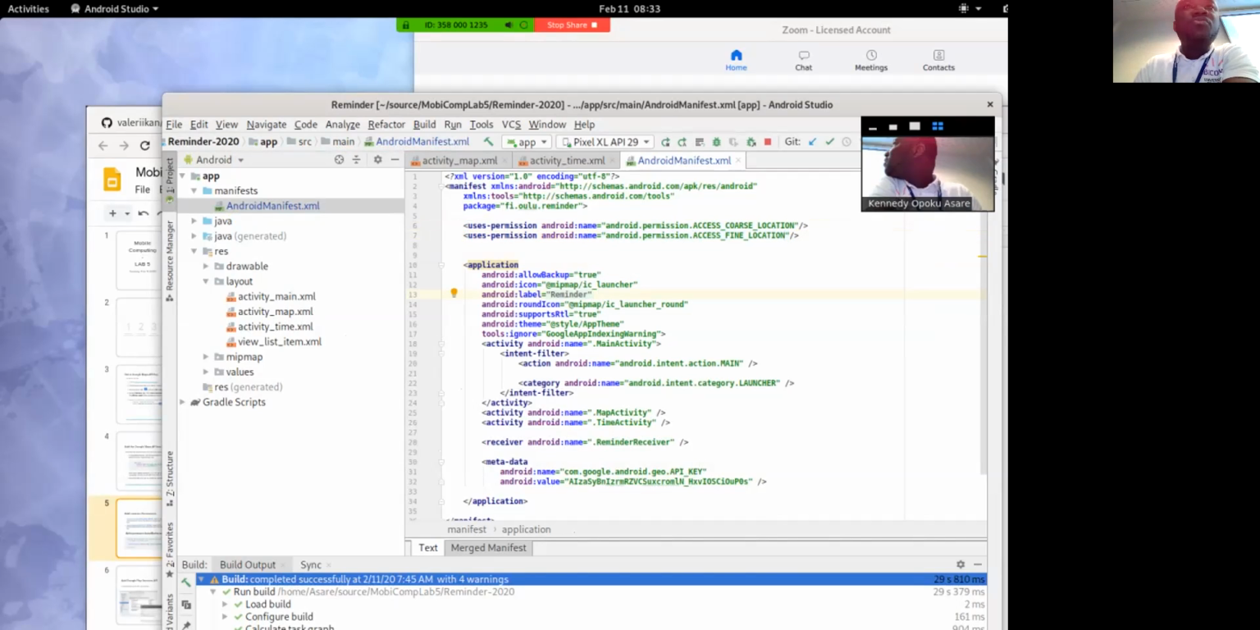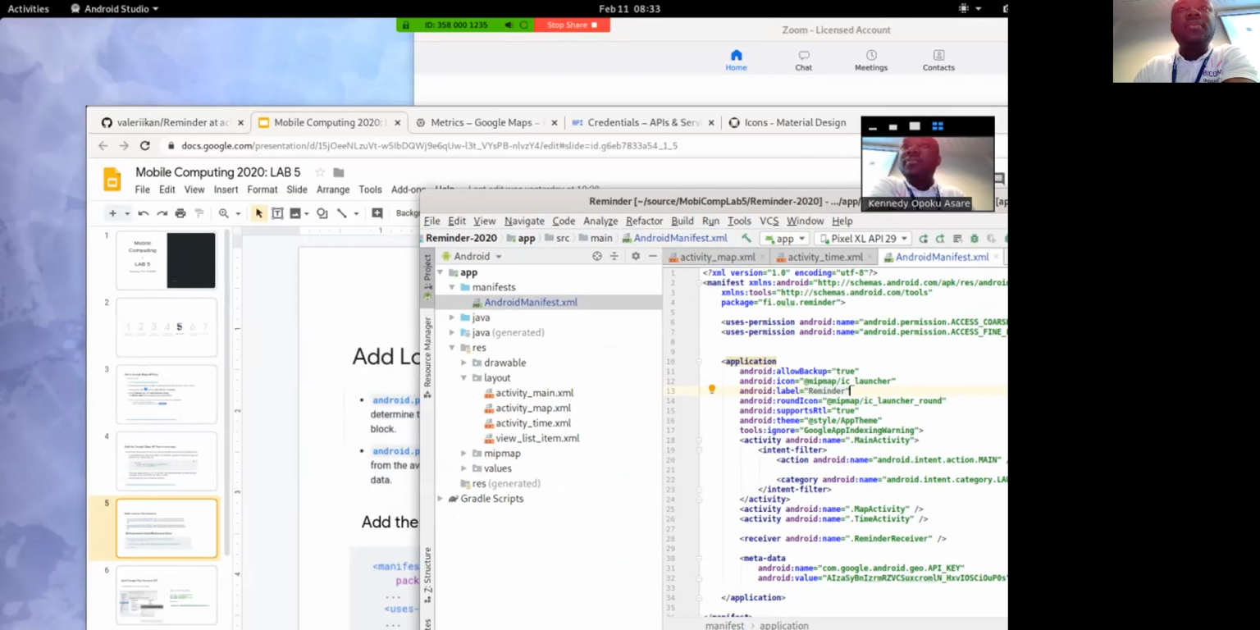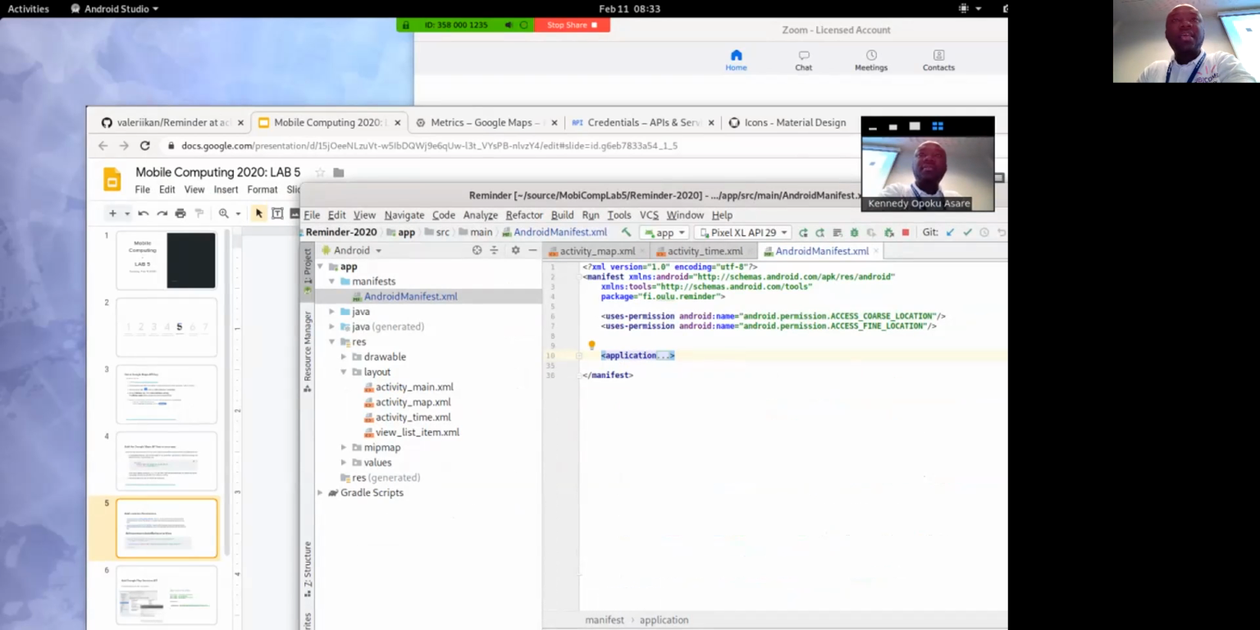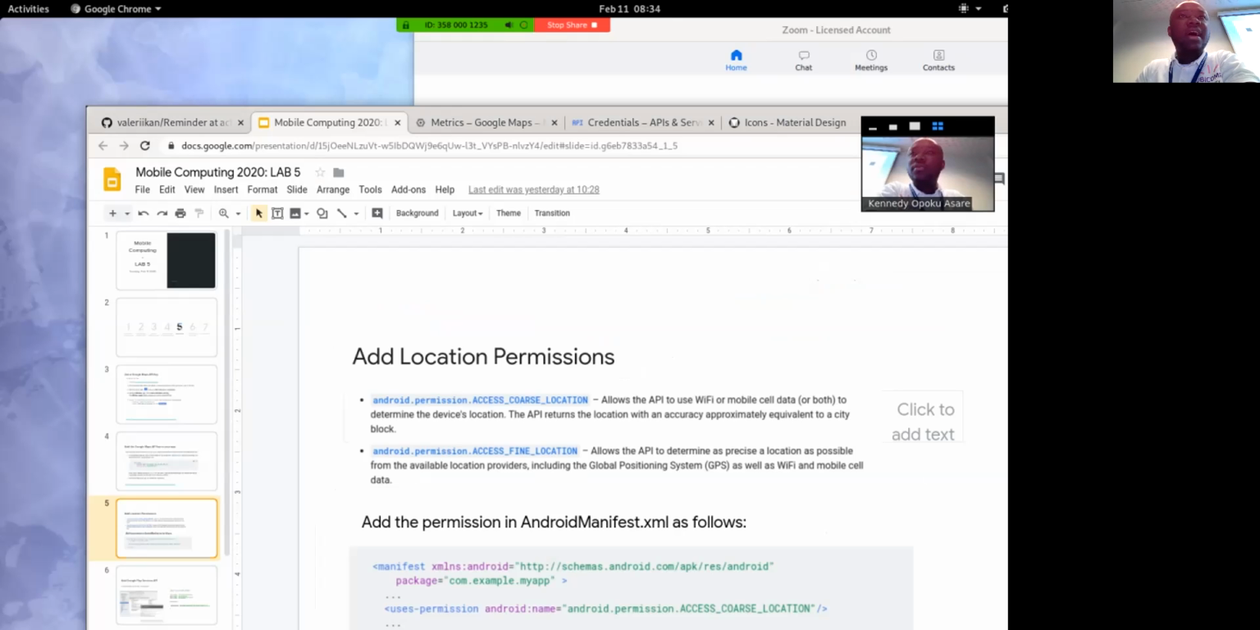So I've added these two permissions. We will need these permissions along the way. These permissions don't go in application, but they come outside application. So if I fold this application tag, you can see that this location is outside. So we add two permissions, uses permission, android.permission.ACCESS_COARSE_LOCATION, and android.permission.ACCESS_FINE_LOCATION. Okay. So after we finish with these two steps,